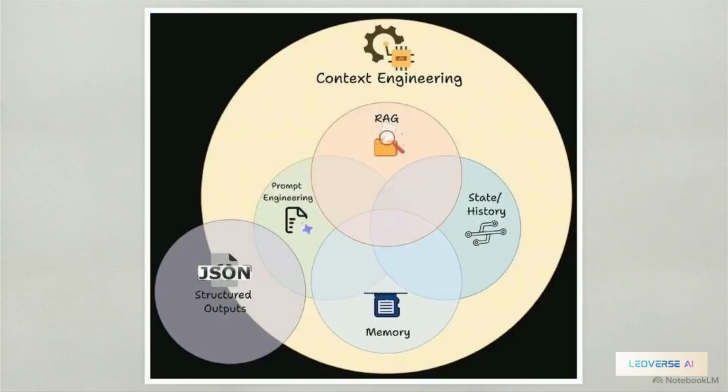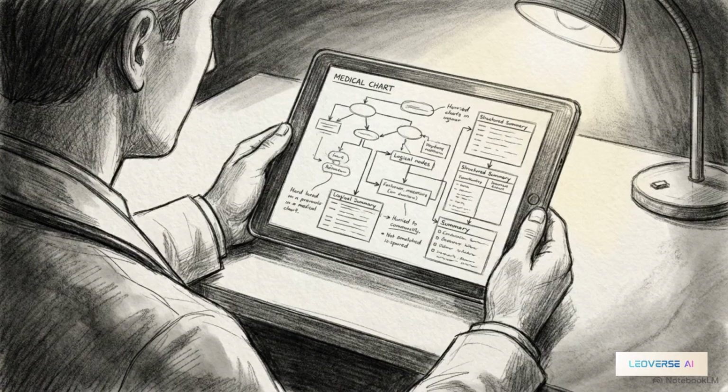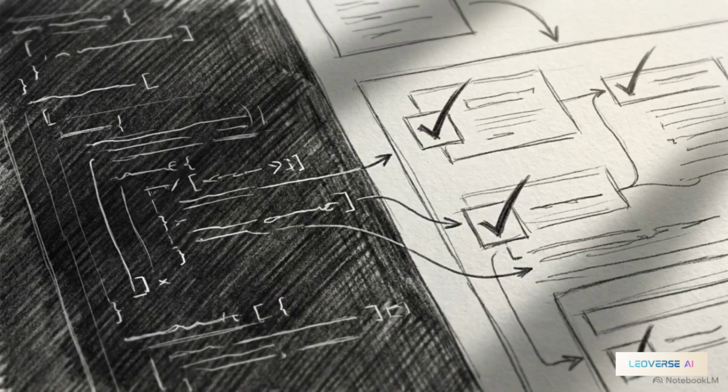This diagram illustrates context engineering. In modern systems, prompt engineering doesn't act alone. It integrates with external tools, long-term memory, and the current state of the conversation. These engineered contexts are used in healthcare to draft clinical notes, and in software development to generate code that adheres strictly to internal company standards.